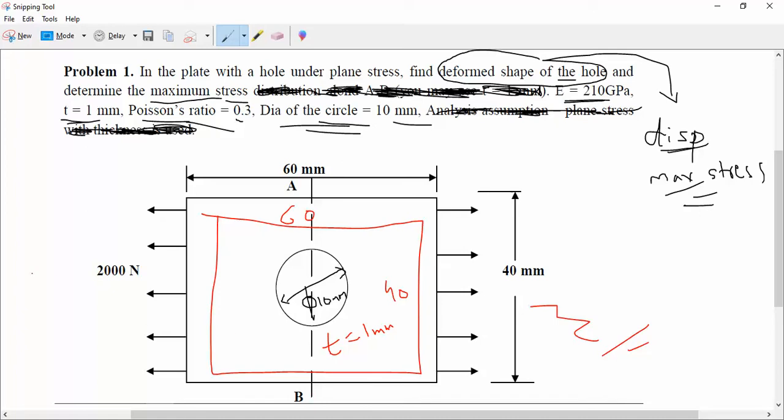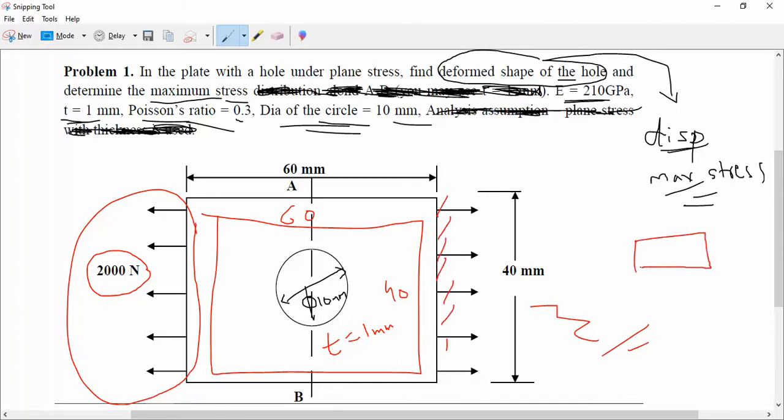And again you can look at the loading part. He has given 2000 Newton and it is distributed over all the nodes or over the length. If I apply 2000 Newton here and fix this one here, you just see, you are having a component, I am just applying the force here. If I fix here, what is the reaction I will get here usually?